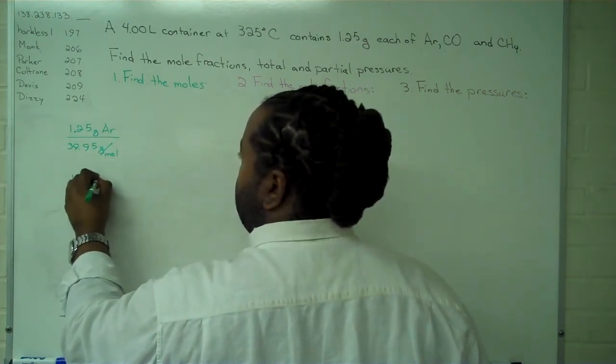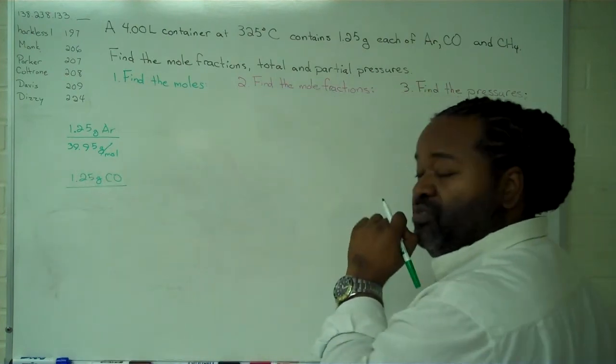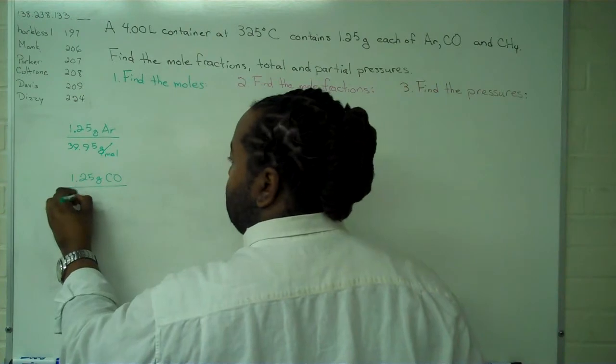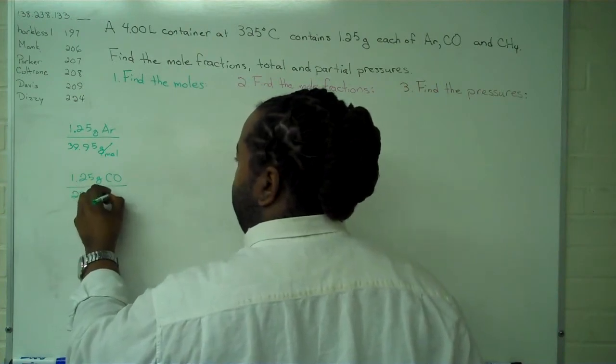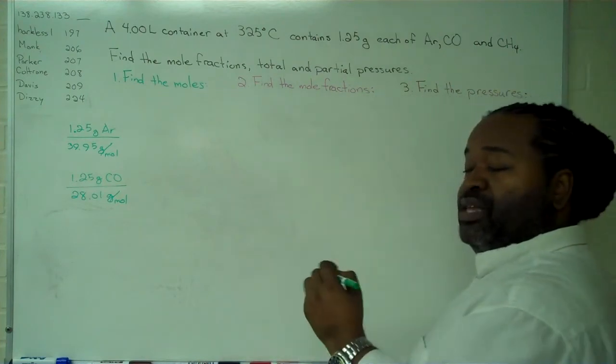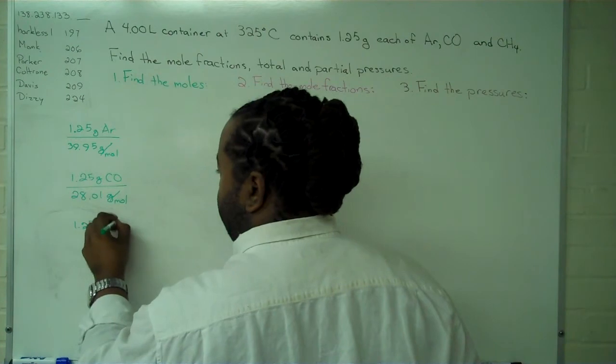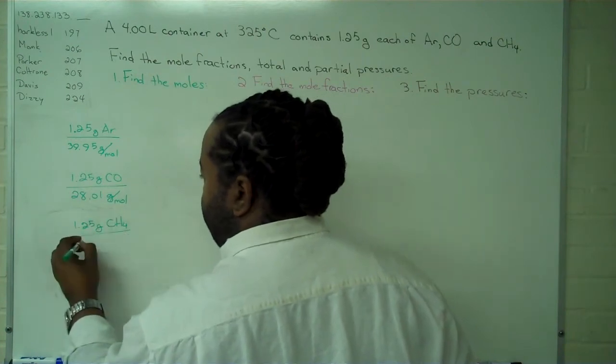For our carbon monoxide, our 1.25 grams will be divided by 28.01 grams per mole. And for our methane, our 1.25 grams of methane will be divided by